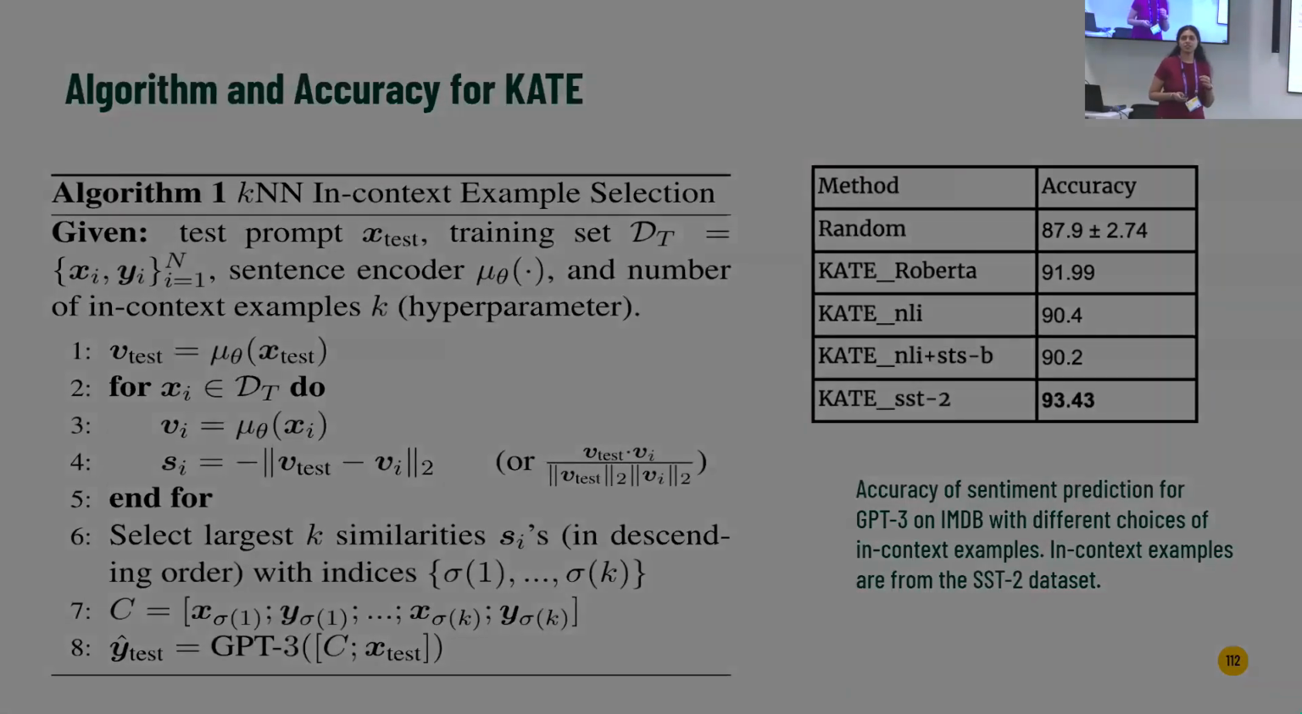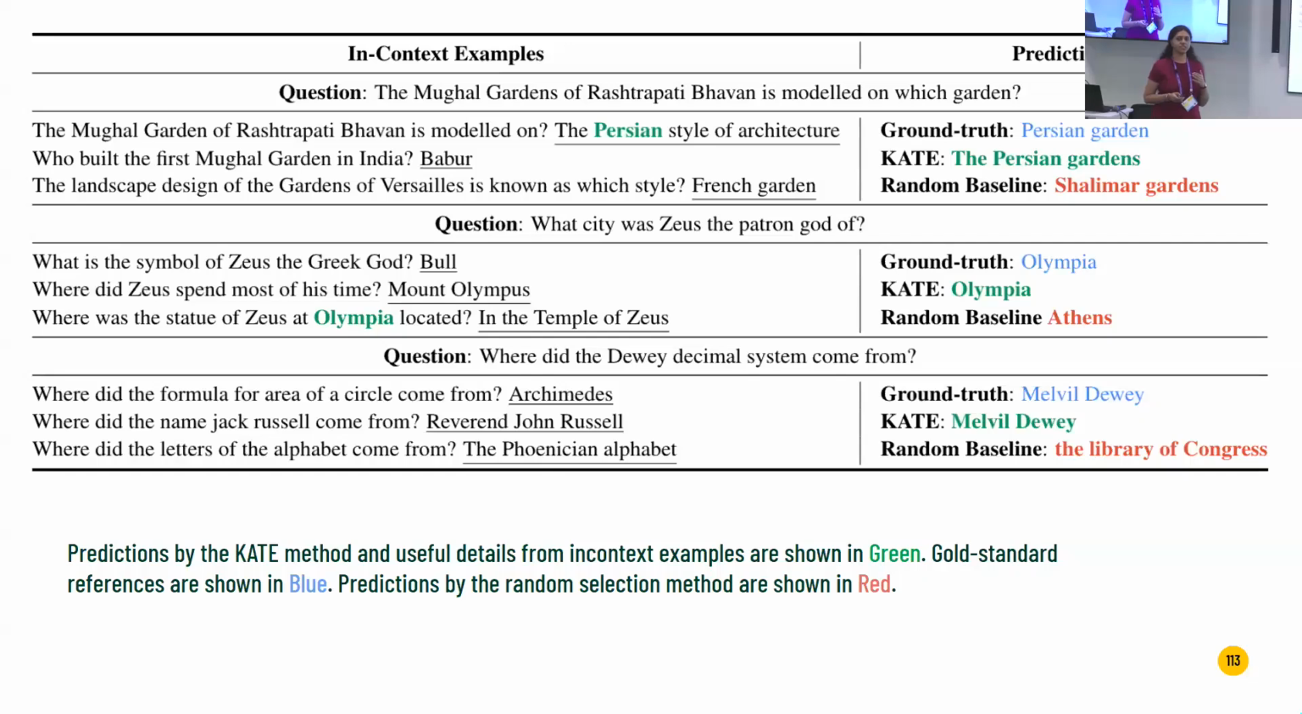Yes. So these are some of the in-context examples and the predictions. Let us take the first one. The question is, the Mughal gardens of the Rashtrapati Bhavan is modeled in which garden? Yes. So the Mughal garden of the Rashtrapati Bhavan is modeled on the Persian-style gardens, Persian architecture. Who built them? And as you can see, the in-context examples are drawn based on